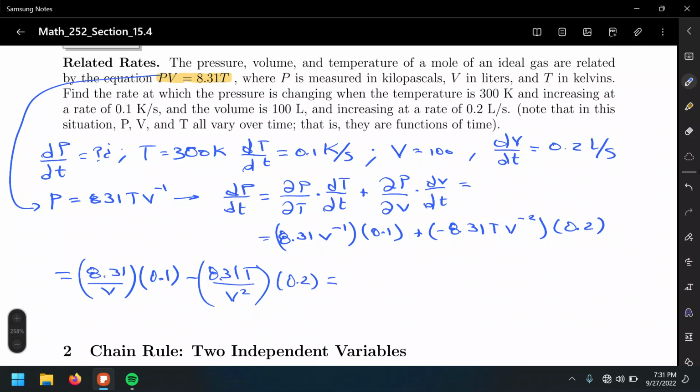And all we have to do from here is evaluate the derivative dP/dT at the point